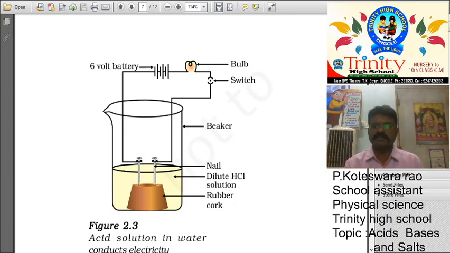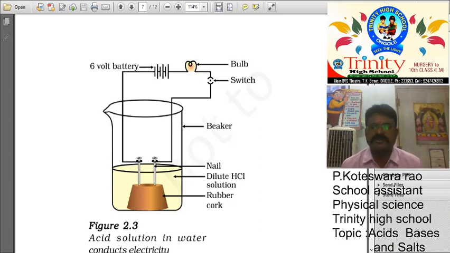Why? That is our main question here. Sir, we already took 4 types of solutions. Similarly, our class also has many members. But here only in HCl and H2SO4 the bulb is glowing. Only the members who read properly, follow their parents and teachers, and have obedience, regularity, IQ, and attitude, those who have these qualities are able to get better marks. Here also, why do only these two make the bulb glow?